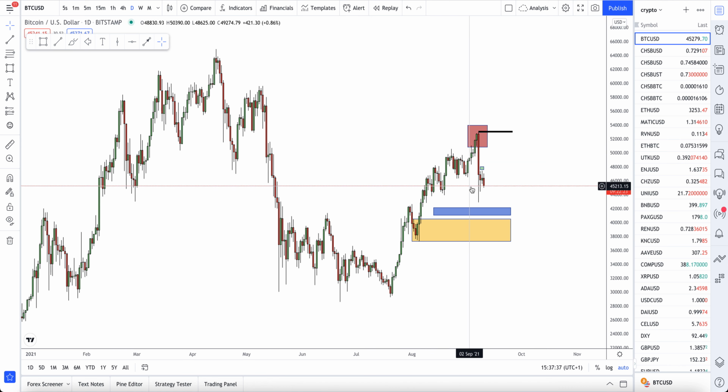Right now, Bitcoin's relatively neutral to slightly bearish, if we're going to use basic terms that most people understand. Bullish and bearish, we all know what they mean. So we're kind of neutral to slightly bearish. There is a lot of stuff down here that Bitcoin would have to grind through to continue going lower and fall to its death. I absolutely don't think that's going to happen at all. But as it stands right now, there's a big imbalance that it needs to clear up on the upside, but there's some stuff that it needs to do lower first, potentially.